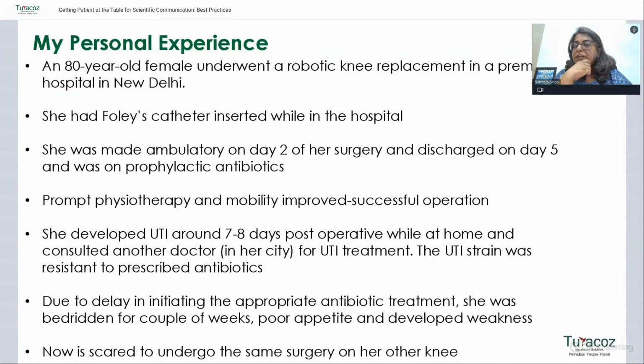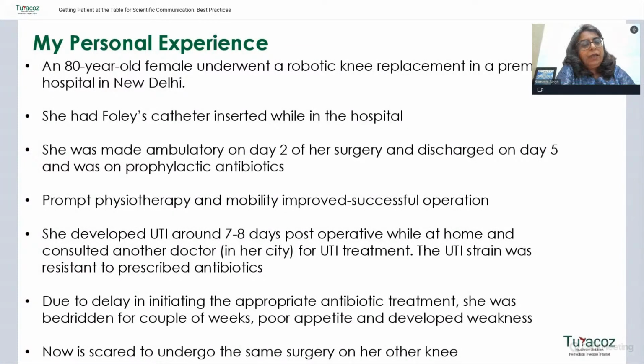Now, what happened? Once she reached home, there was physiotherapy which had to be done. About physiotherapy, the doctor was very particular, that since it is a knee replacement, you have to take care of it. I was told a lot of things about physiotherapy. That was the only thing which I took home with me when I took my mother home. Now, what happened after that? She had very mild symptoms of abdominal pain and mild fever. She had a Foley's catheter while she was in the hospital, so she developed a UTI, a urinary tract infection,